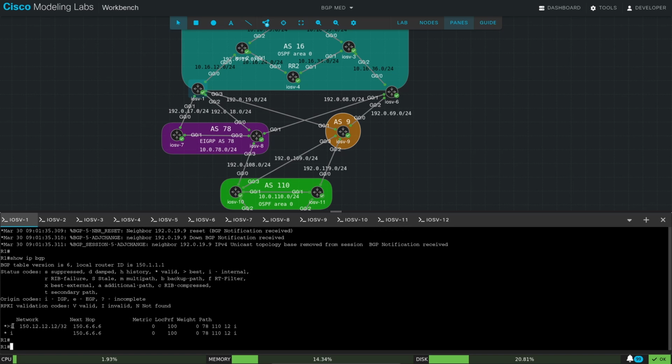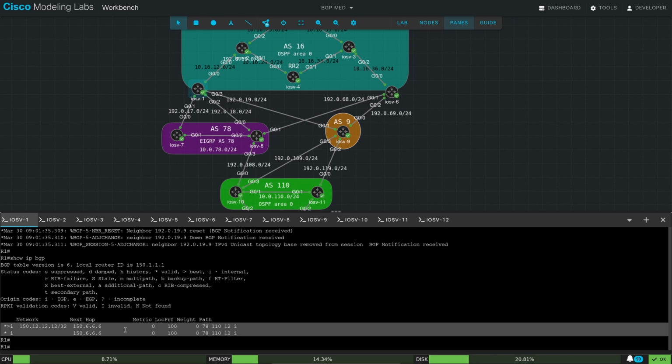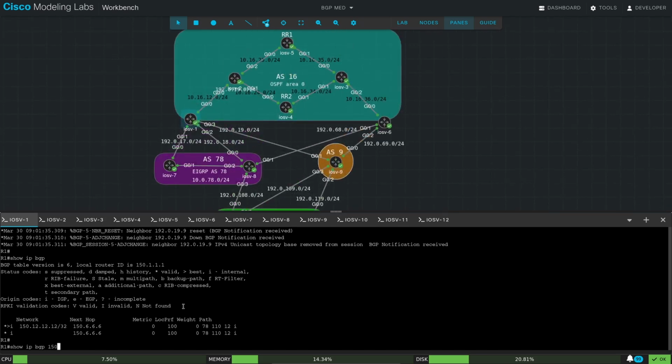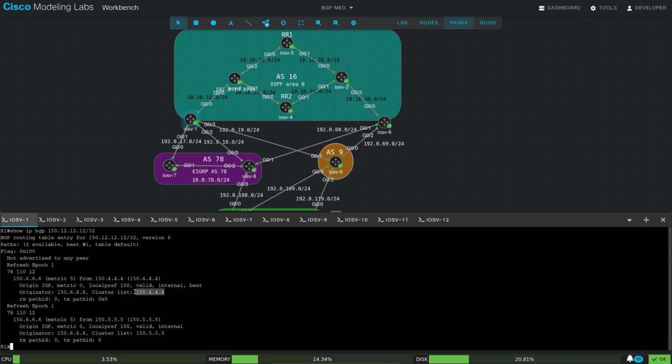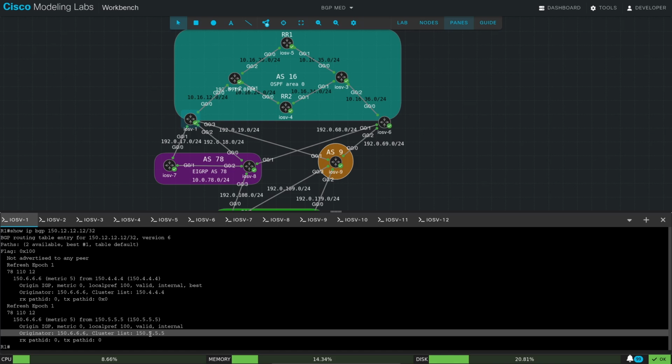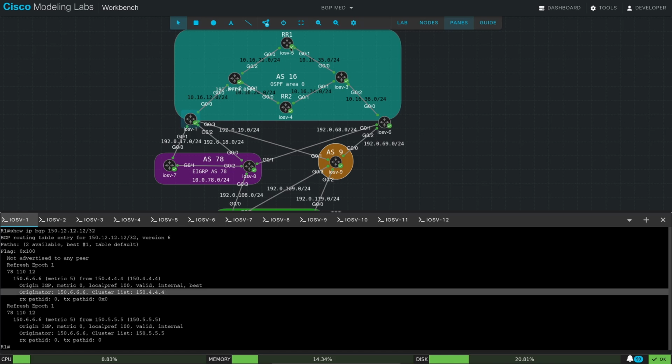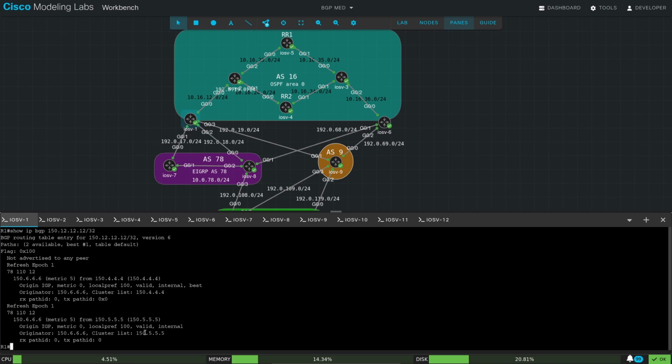Now on router 1, we take the iBGP path and use router 6 as the exit point from AS16. So we have 2 paths which are basically the same, but that's because we have 2 route reflectors. See, the cluster list is different. So as we can see, router 4 and router 5 are the 2 route reflectors,